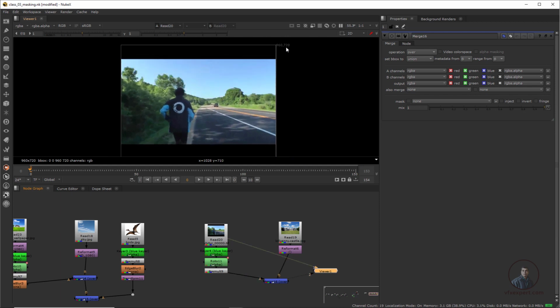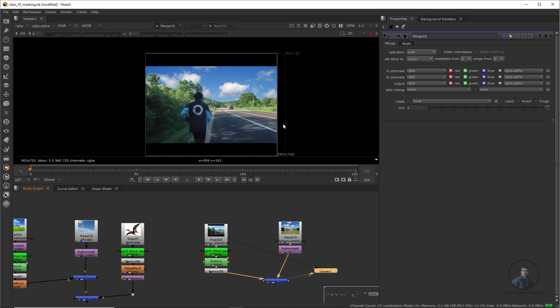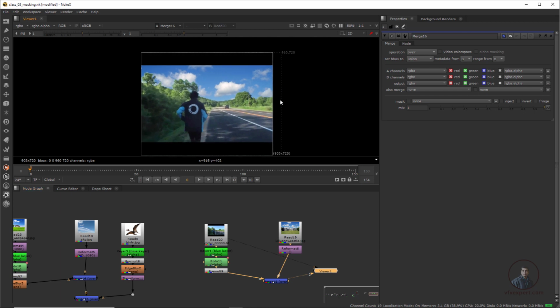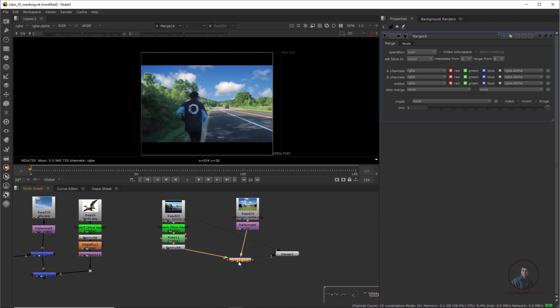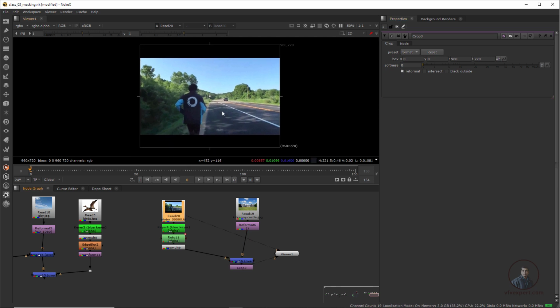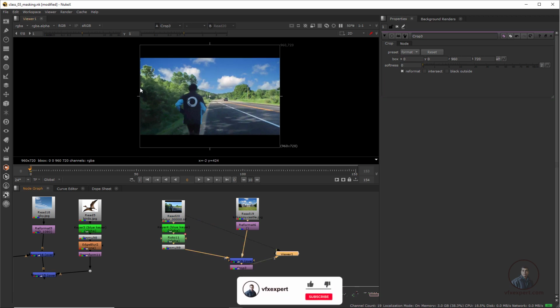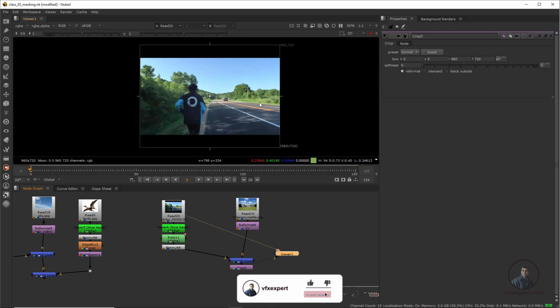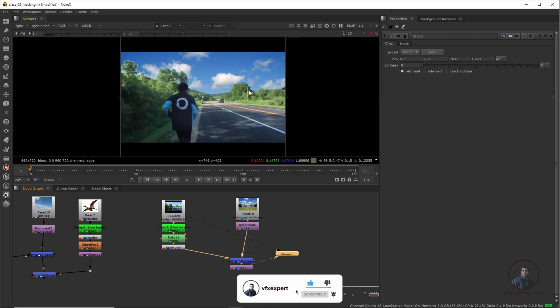If you look a little closer, it's showing this bounding box. You can also crop this bounding box after compositing. So press tab, with the merge node selected, type crop, and crop it according to this format. Simply click it here. Now compare: select this one, press 1, and select this one, press 2. Now you can see I have removed this sky from our shot, and I have placed this sky.